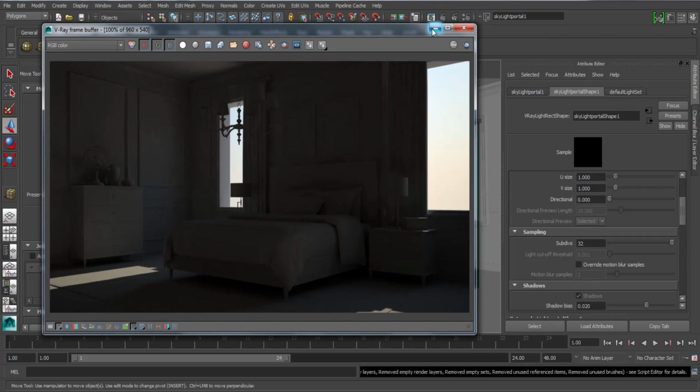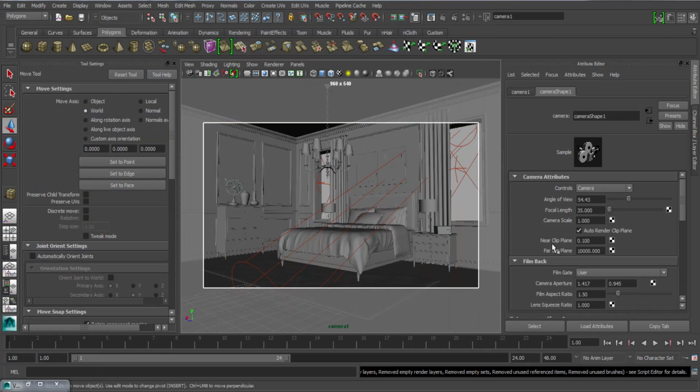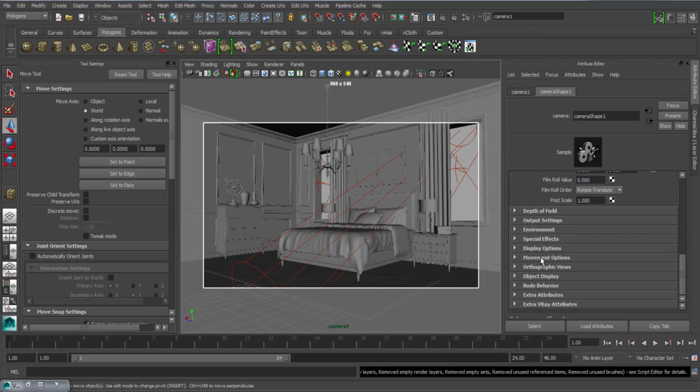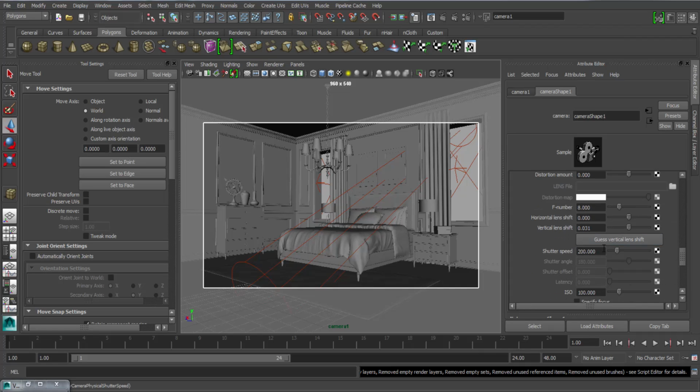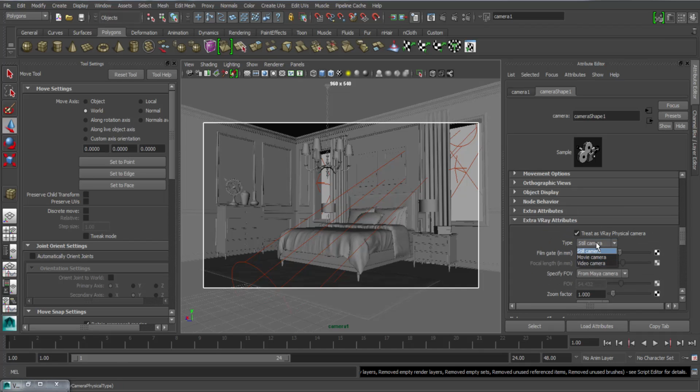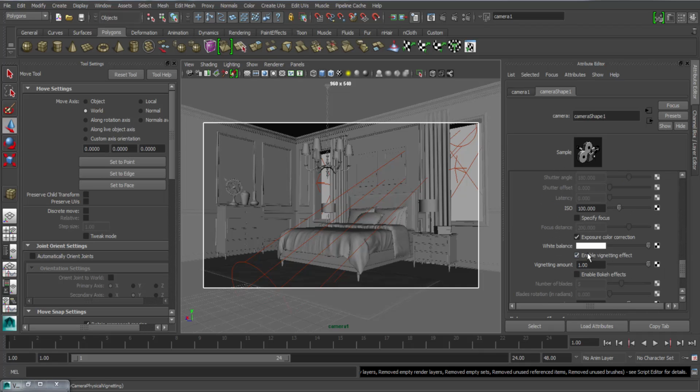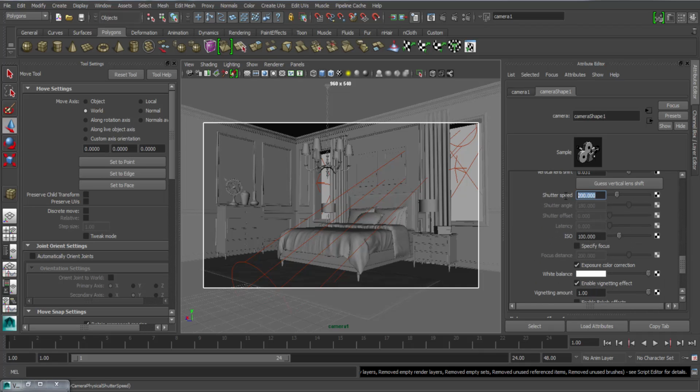So I'm going to change some camera settings so that it lets in some more light. Going to extra Vray attributes, going to change some Vray physical camera settings. For now, I'm going to change shutter speed, and as I have told before, I change f number only when I am going to work with either a movie camera or video camera. So for a still camera, we are going to change shutter speed. So let's change this to 150